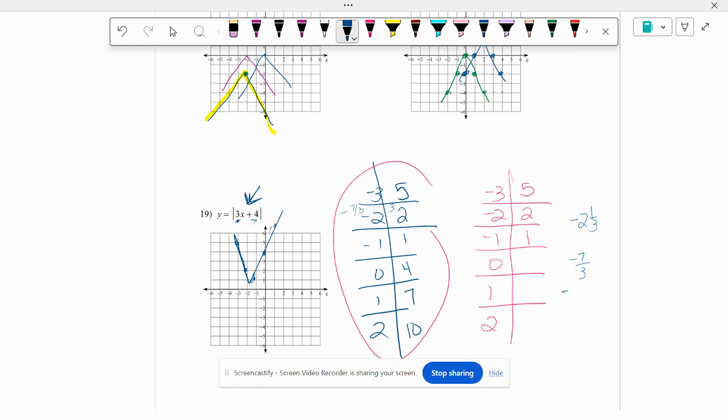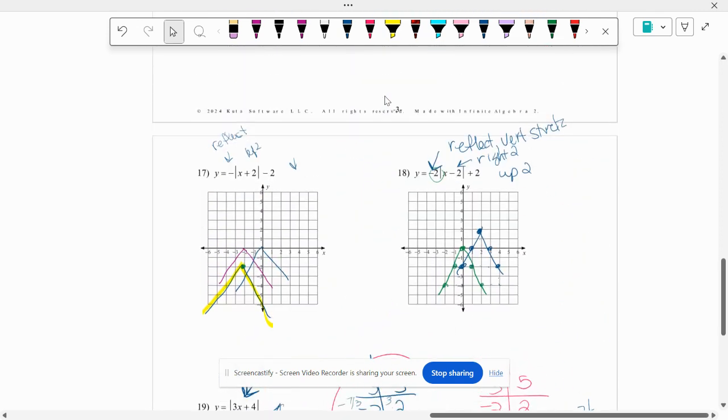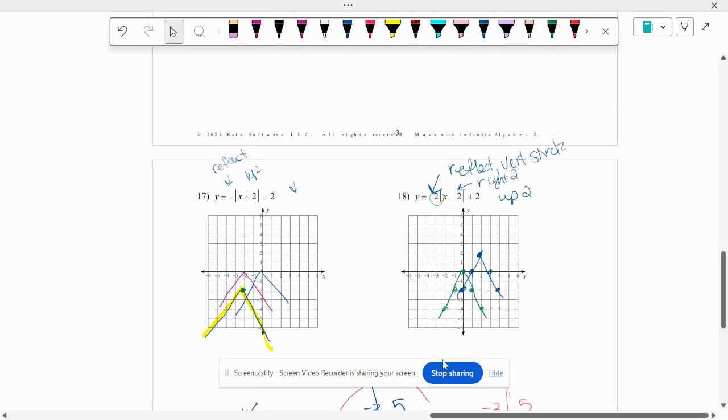What about negative 5/3? x is negative 5/3. That's 1 and 2/3. It's going to be negative 5 and 1. Yeah, I have a vertex that's going to be right in between negative 5/3 and negative 4/3. That's why that looks weird, but that's what that's going to look like. Sorry about that. Okay. So anyway, that's your review, your practice, and we'll get another video for